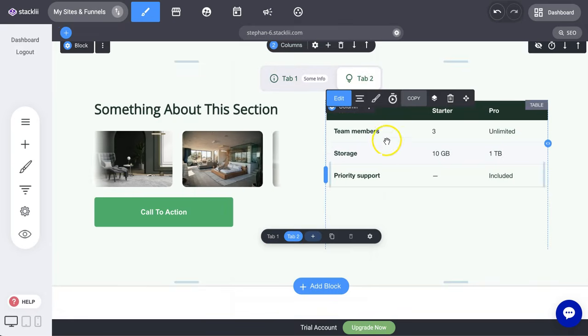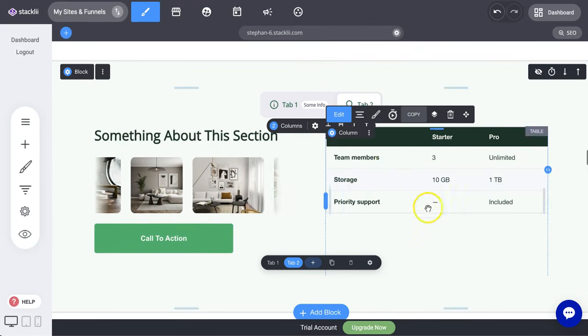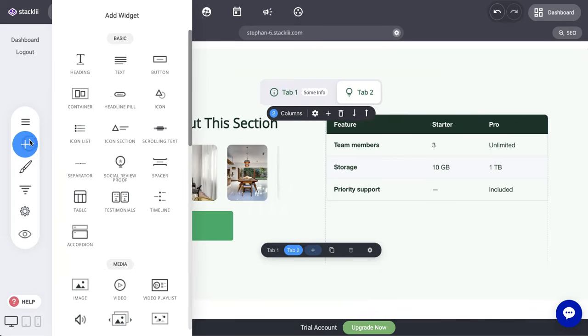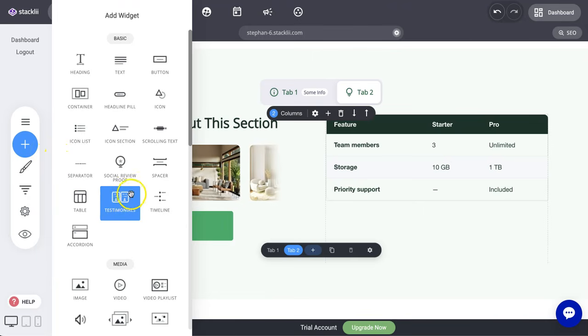Now if you go to the second tab, this is the default one that comes with the template, and you can just update this and edit this as you want. So table, very nice way of displaying some text or stats or comparisons or things like that. The next widget is the